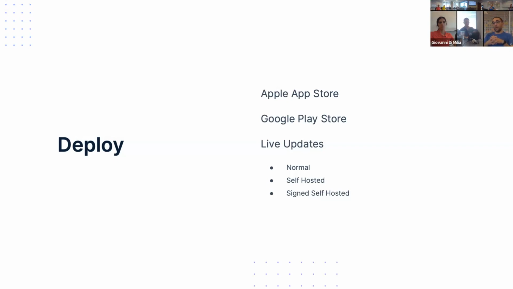Then the apps download from where the assets are stored. A different flavor of self-hosted is signed self-hosted, for clients that are more security conscious.